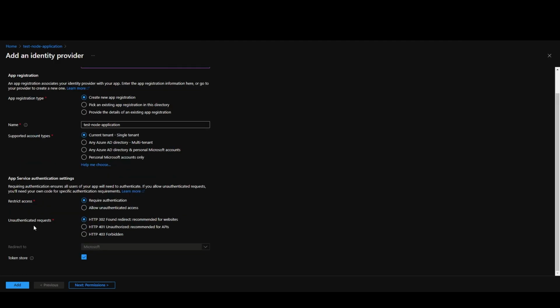And here you can specify what you want to do with unauthenticated requests. You have some recommendations here. In my case, I'm just using a website. I'm not using an API per se. I'm just using a simple website. So in this case, I'm just going to leave it as HTTP 302. If you're developing APIs, you would want to go with another option, because then you'd have to deal with things like callback URIs and things like that, which we're not going to go through for now. But for our simple website, we're just going to go with the HTTP 302, and then I would click on